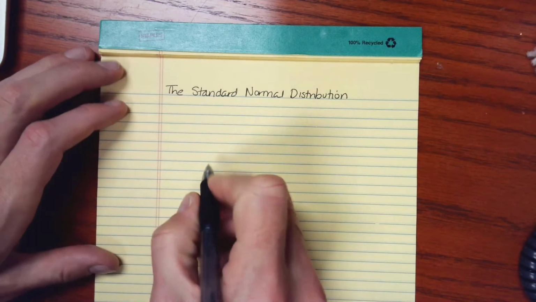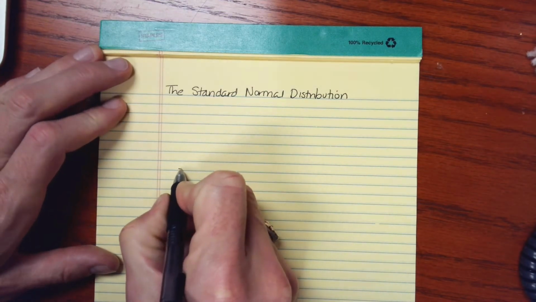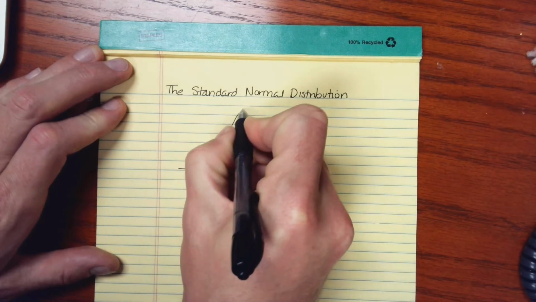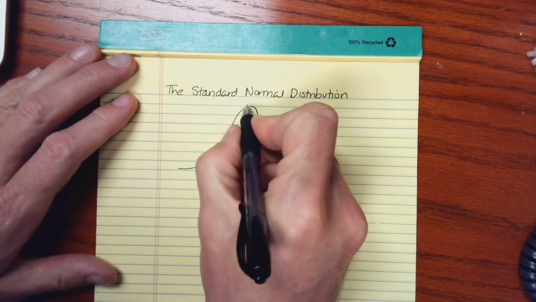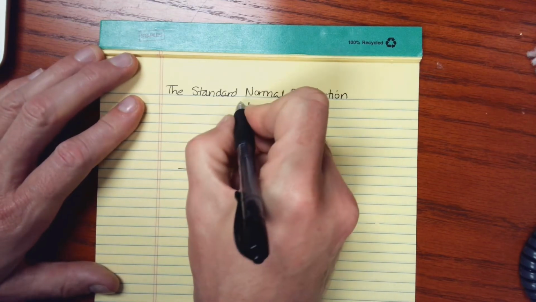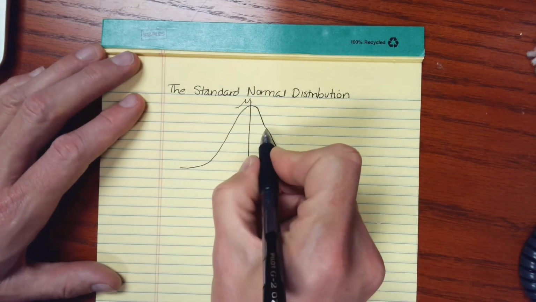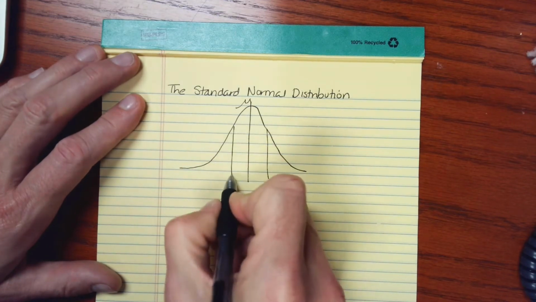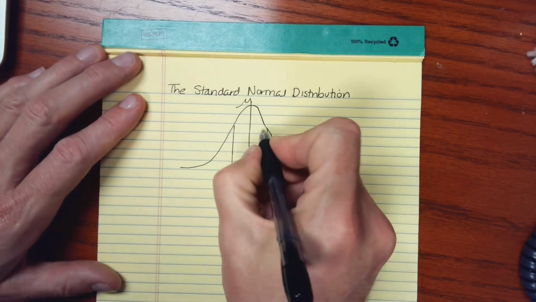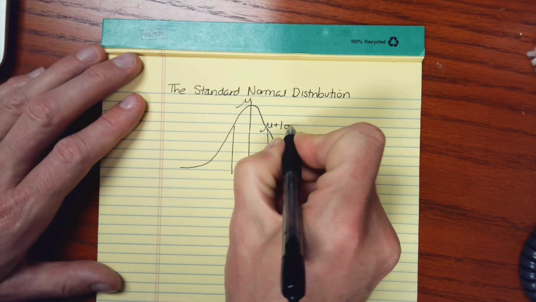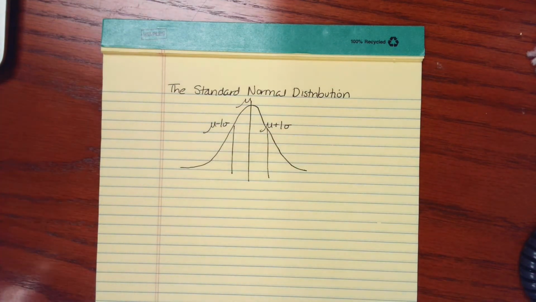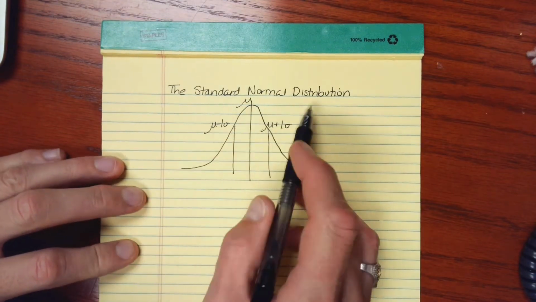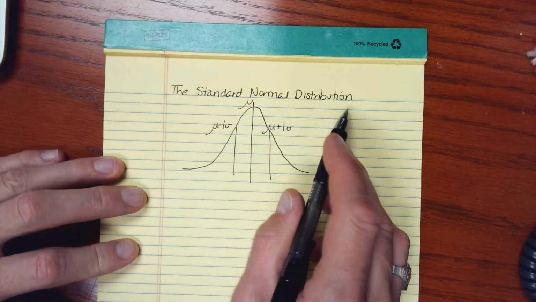So a normal distribution is one that follows this bell-shaped distribution, and we know that this is going to be centered at the mean, and at these inflection points we will find inflection points at the mean plus 1 standard deviation and the mean minus 1 standard deviation. And so in this video, though, I'm going to be talking about a particular normal distribution,